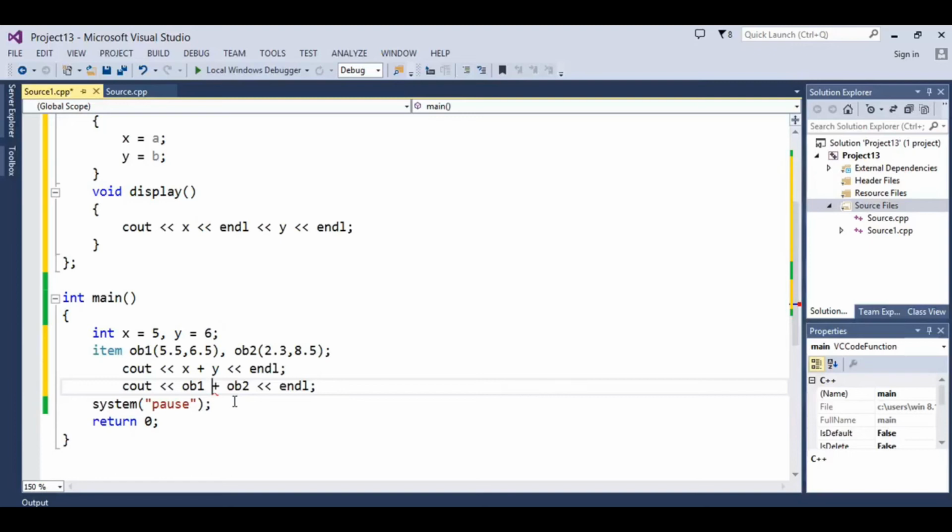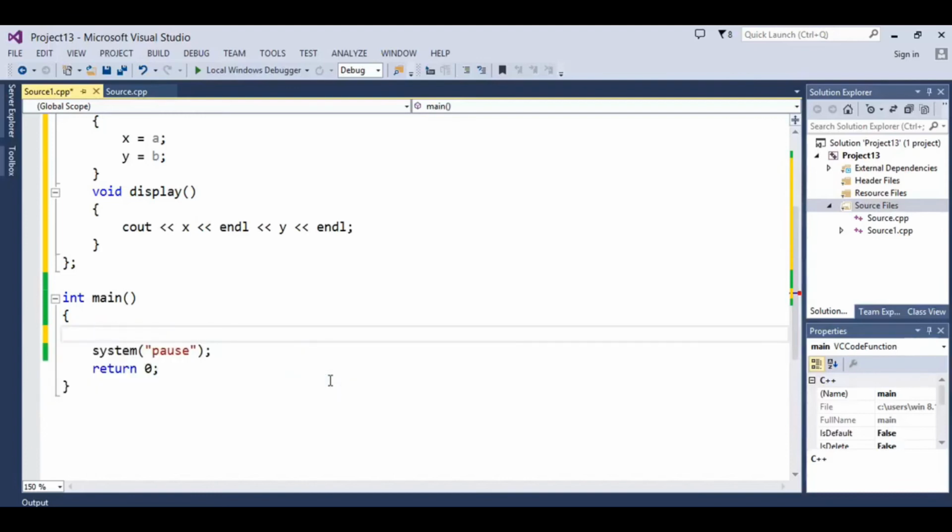If we want that objects or user defined variables will work like built-in types, like here I am able to add two objects, or I am able to perform any operation on two objects, then we can say that we can do it only with the help of operator overloading. So this is the main purpose of operator overloading. Okay, now we will check how we can do operator overloading.